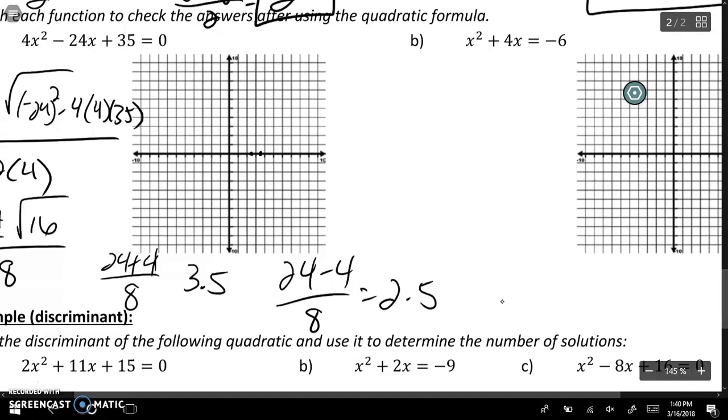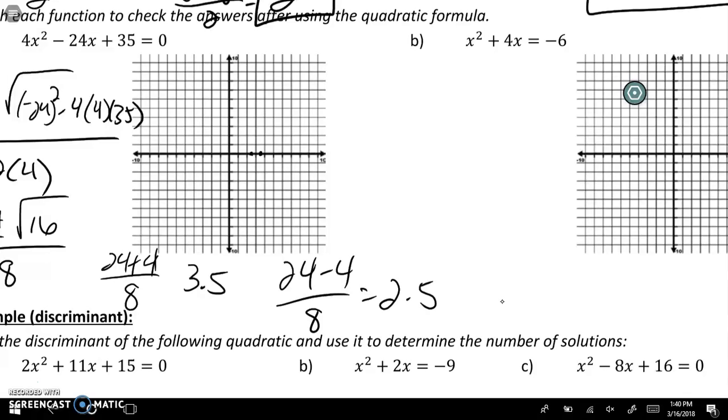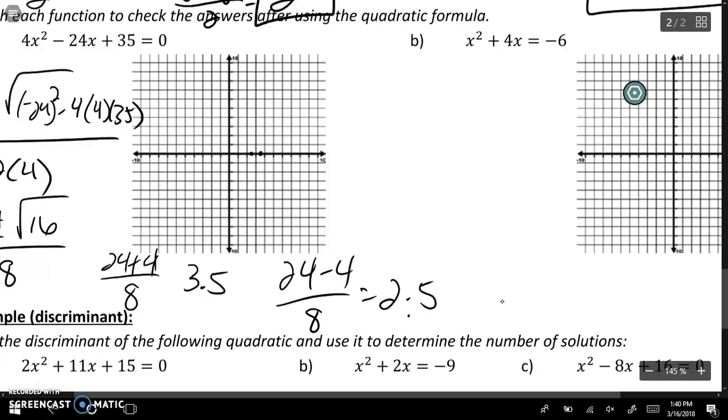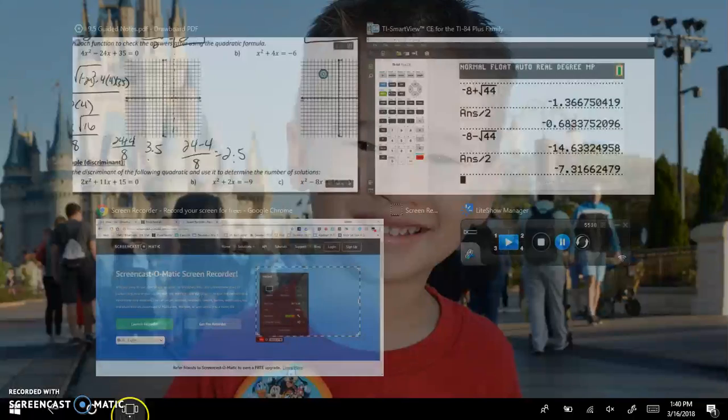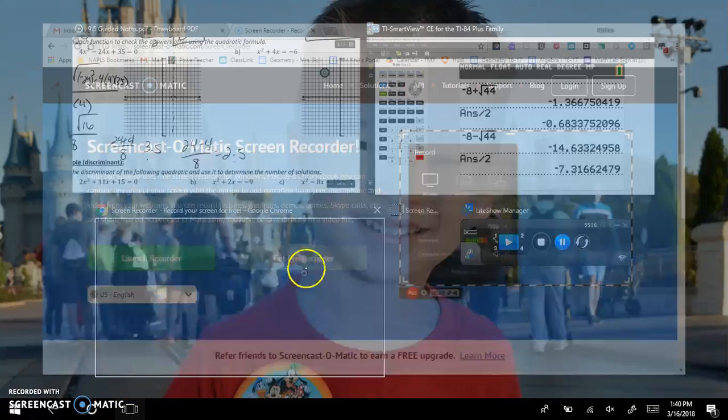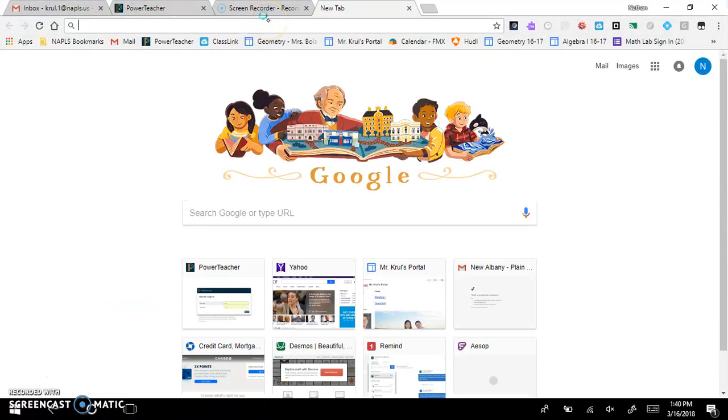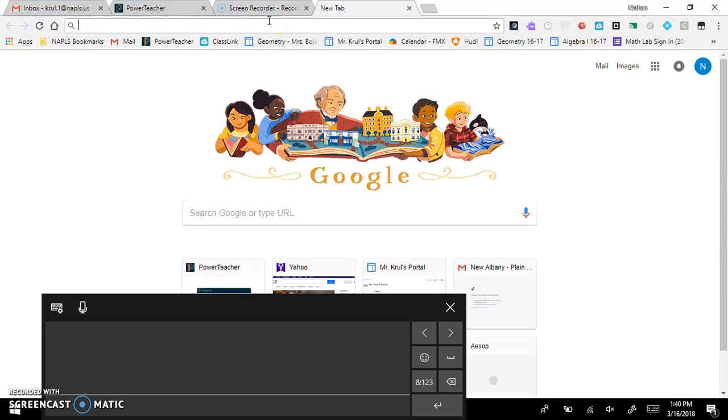So it tells us we've got an answer at 2.5 and 3.5. Okay? So to find our vertex, it's whatever's right between the two. Directly between 2.5 and 3.5 is 3. So we know our vertex is right there on 3. So if we pull up Desmos just to check, okay, so we're going to put in